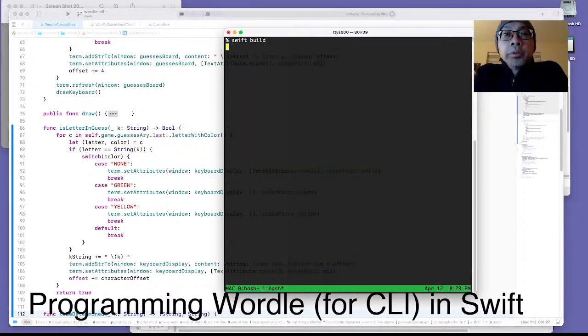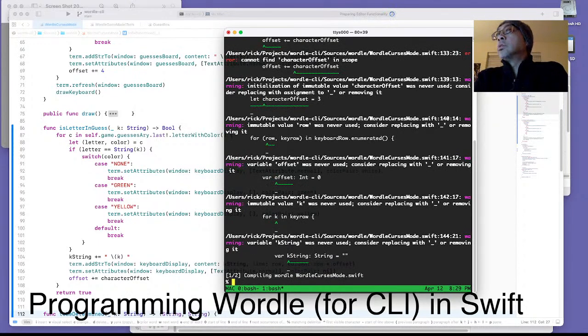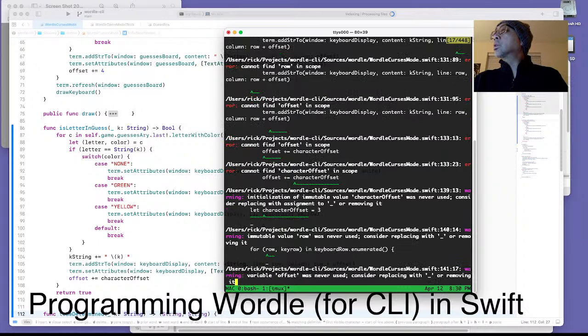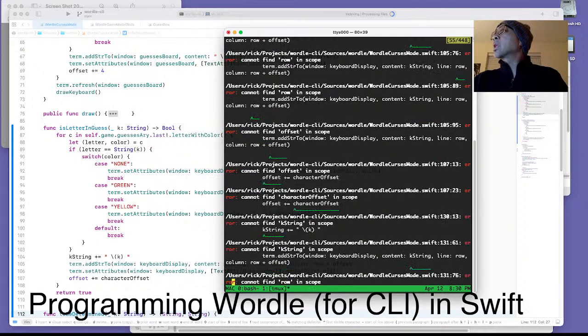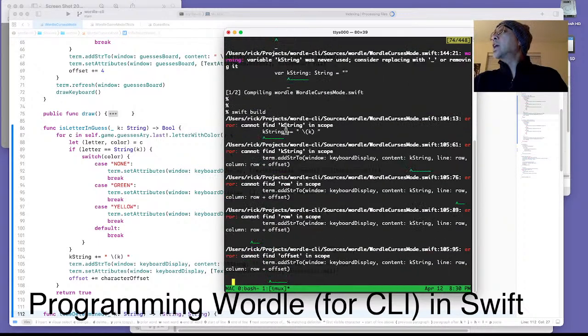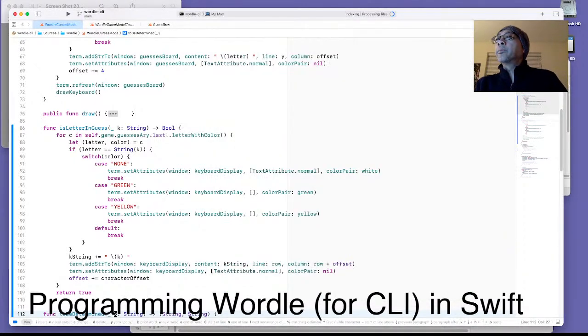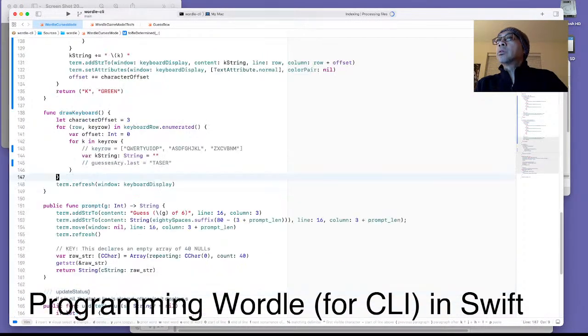We're making one simple change and doing a build, and I have two functions that one I'm not going to use right now, but the other one I am going to use. We're making one change and doing a build to make sure we're not causing ourselves too much work. We're kind of ignoring the warnings. Here now is character offset, but let's go all the way to the top. Yeah, K string cannot be found in the scope. So this thing in toBeDetermined,